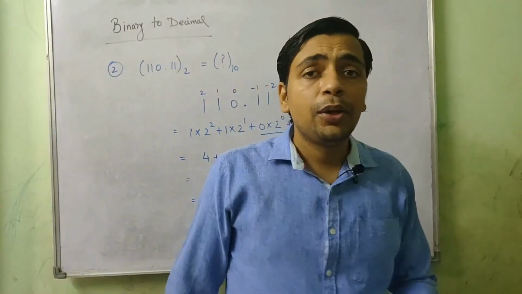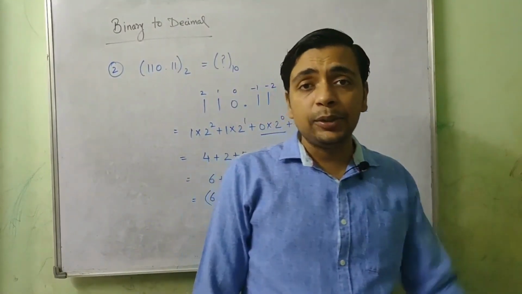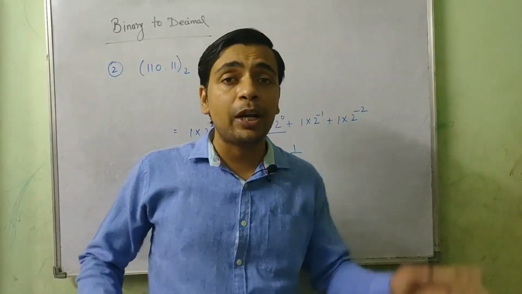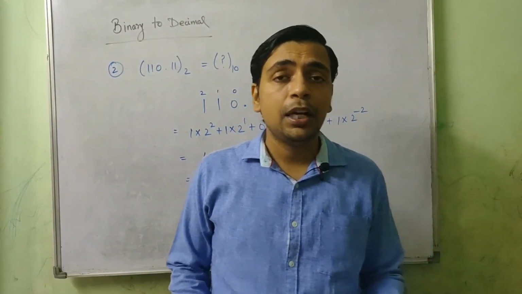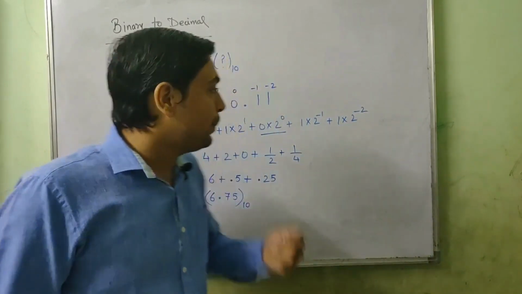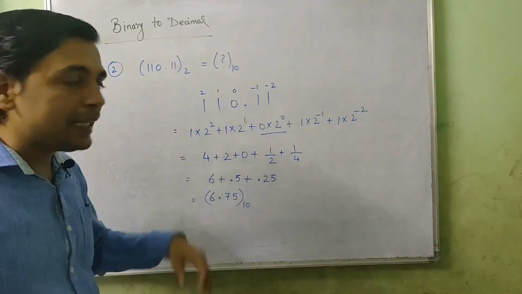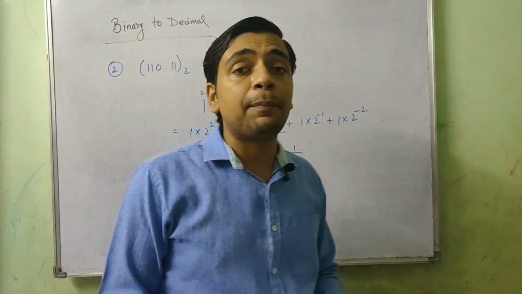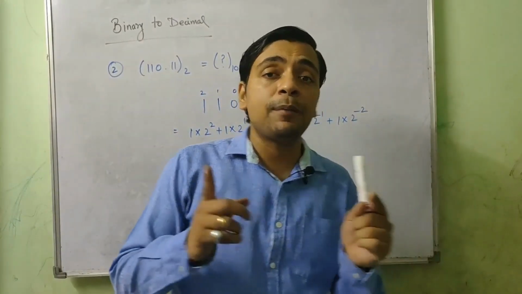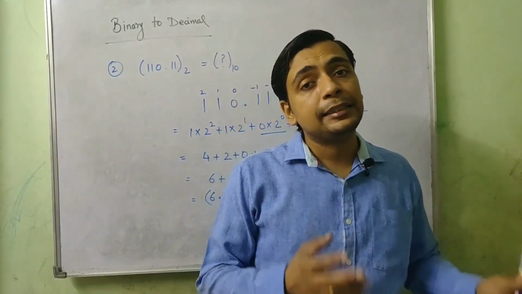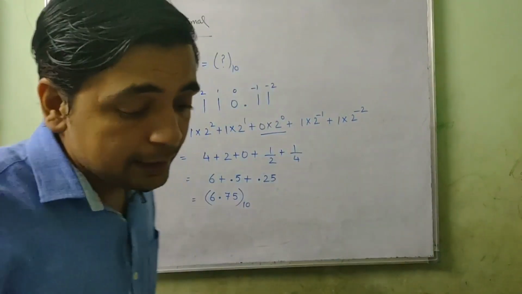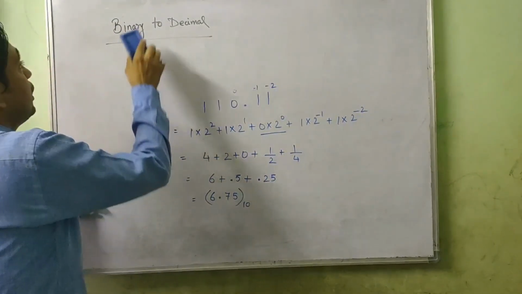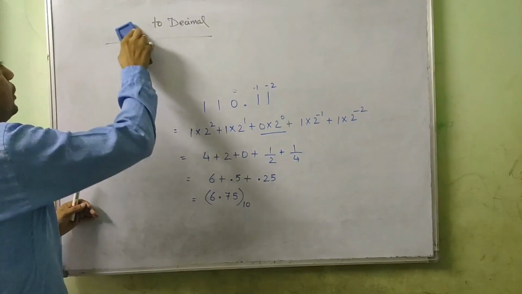So this is how you can convert a given binary number into decimal. Actually the rule applies the same for converting octal to decimal or hexadecimal to decimal, but the only thing is the base will change. If you are converting from binary, you will always multiply by 2. If you are converting from octal, you will multiply by 8. And if you are converting from hexadecimal, you will multiply by 16. So let's see an octal number as well. Let's see how to convert octal to decimal.